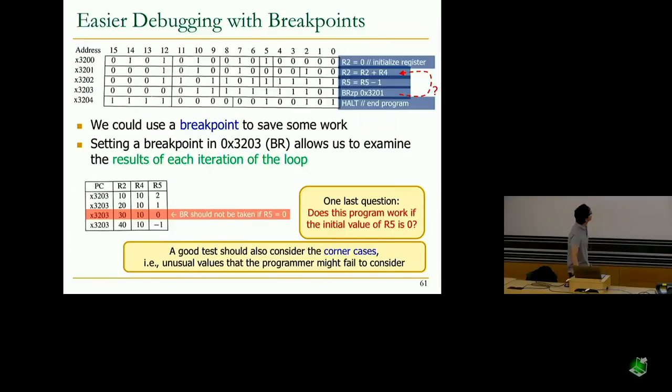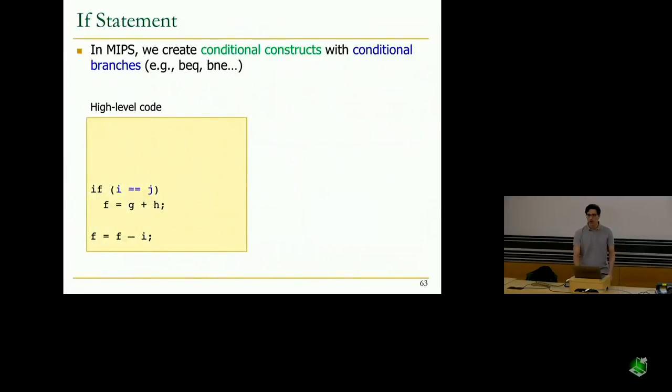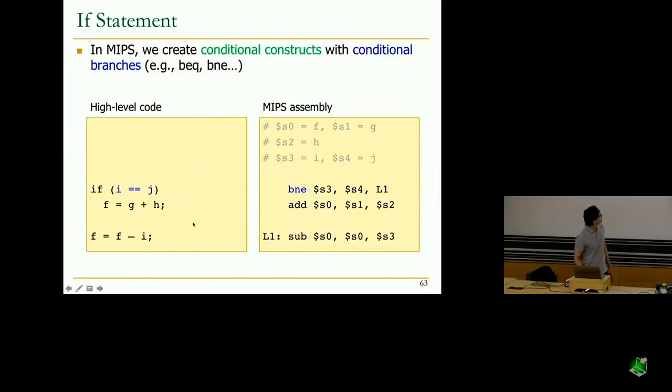Okay, so now we are done with LC3 assembly. Let's briefly talk about conditional statements and loops in MIPS assembly. How can we implement an if statement in MIPS? Something like this: if i is equal to j, we execute this, otherwise we don't execute anything. The way we do this in MIPS assembly is using branch not equal. Observe that branch not equal compares two registers, R3 and R4,